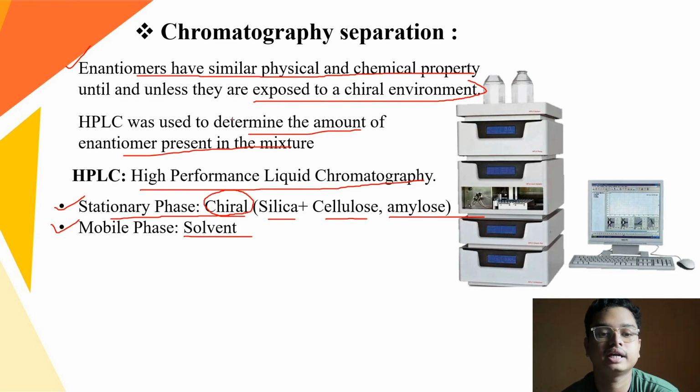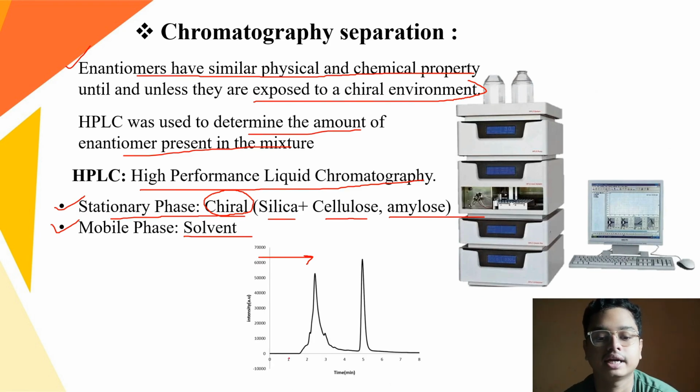So what happens is that when enantiomers pass through this chiral environment, depending upon the interaction, the R and S enantiomers separate from each other. In this system, this is the HPLC system, and here there is a UV chamber. Based on the UV chamber, we get this graph. This is the graph of the eluent, showing how much amount was there, and